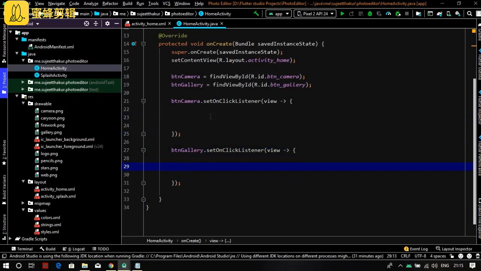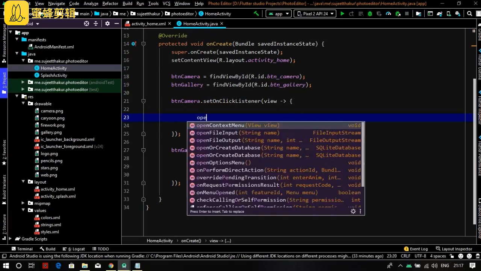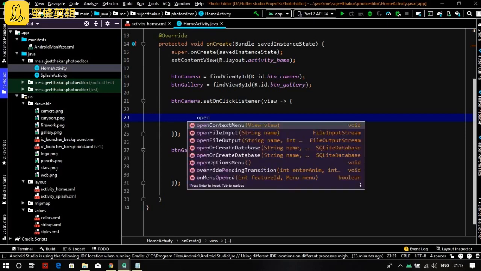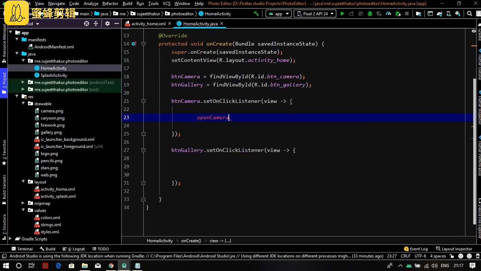Let's write a function here for BTN camera. We'll do here open camera parenthesis and semicolon, and for BTN gallery, open gallery parenthesis semicolon.